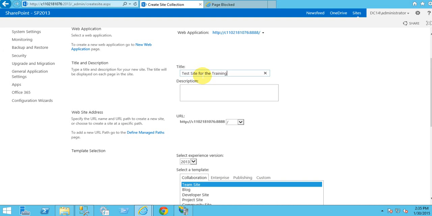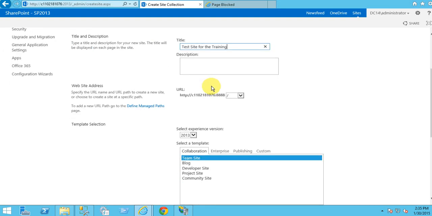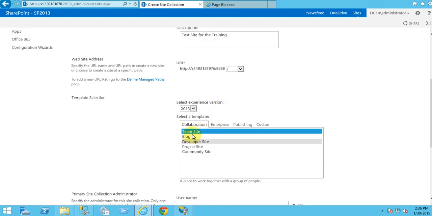So this is the title of the site. Okay, do one thing, just cut it and paste it in the description. Give here Vijay company. Okay, now it's good. Now here you can select a template, whatever you want,